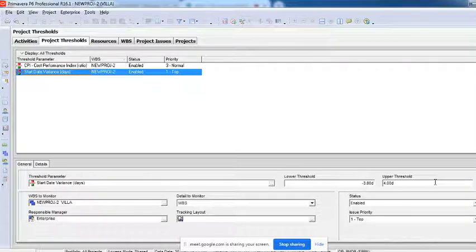Delaying this activity by 4 days is also not an issue. But anything beyond this parameter, starting an activity 4 days early, is an issue. Delaying it after the 4th day is also an issue.